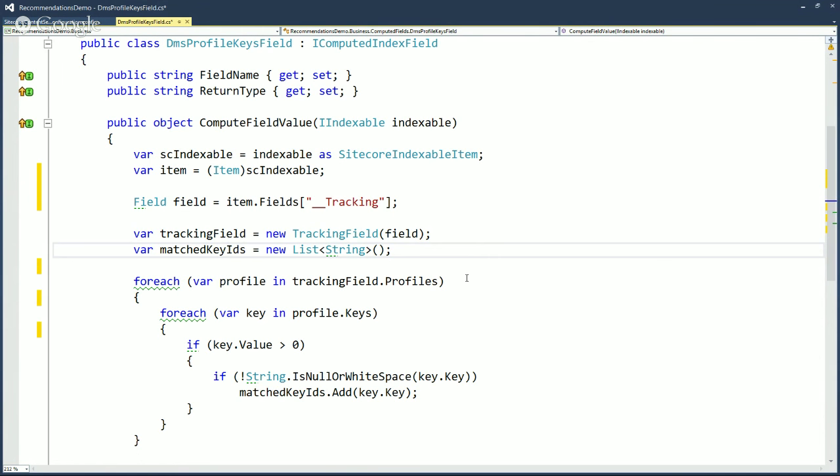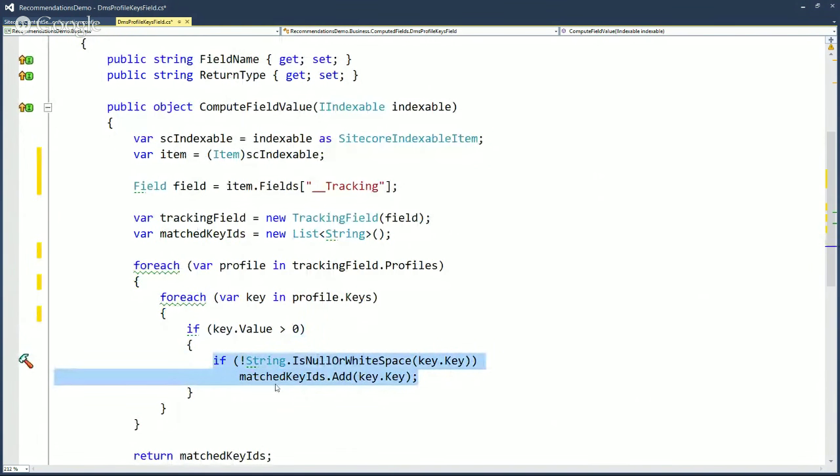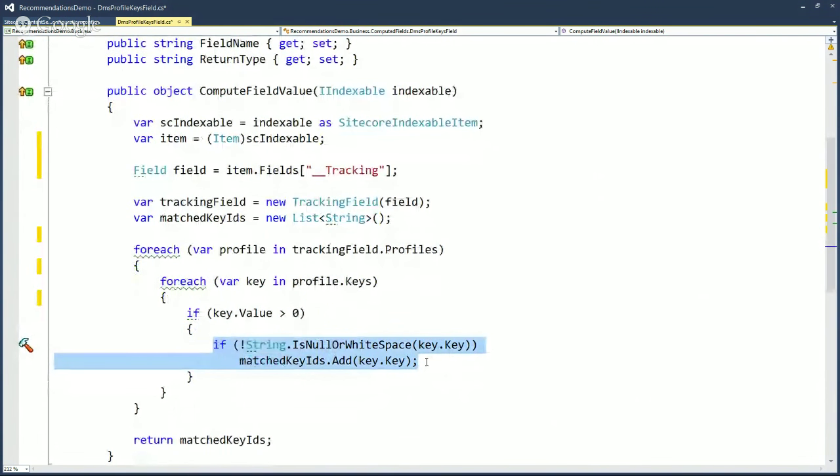So what I'm going to do is, for that tracking field, I'm going to loop through all the profiles. Once I've done that, I'm going to loop through each key in each profile and find out whether it's been assigned a value. So if the value of each key is not 0, then we add it to our list of keys. So all I'm doing here is actually adding the name of each key to a list of strings. So once we have all those, we can return them, and all that stuff will then get added into the